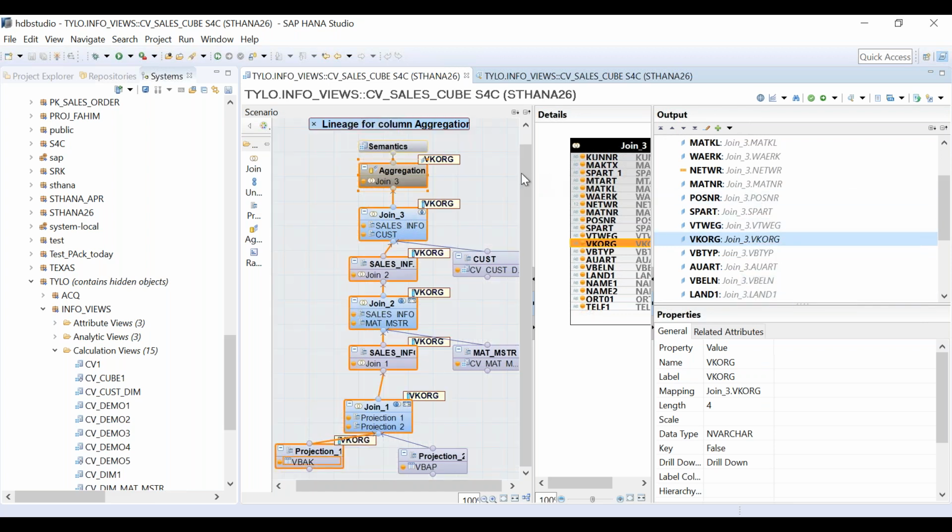See, very beautifully it will show where it is coming from. From VBAK, it went to other node, other node, other node, and then finally it went to aggregation. So now I got the answer that this VQRG is actually coming from the VBAK table. Okay, so this is my answer.